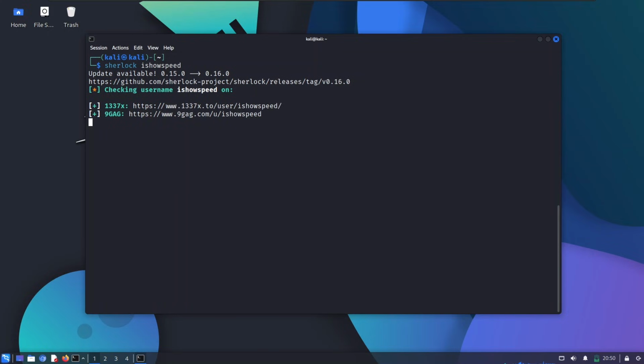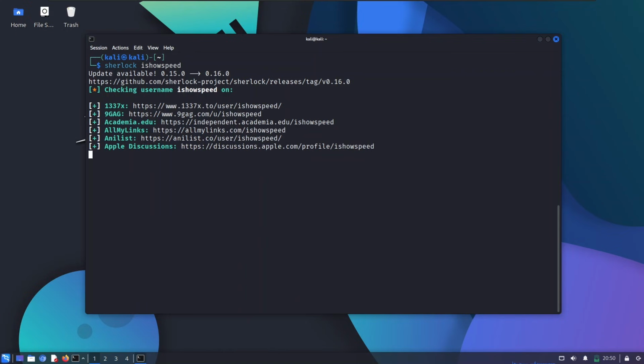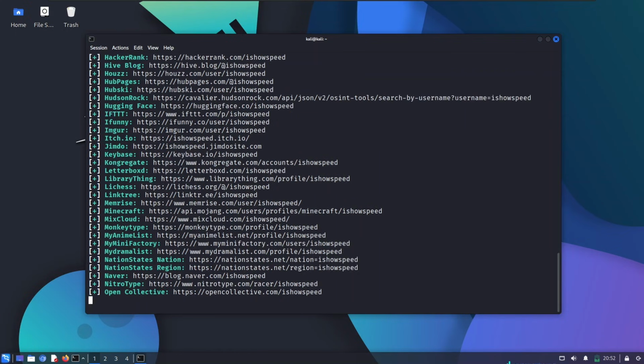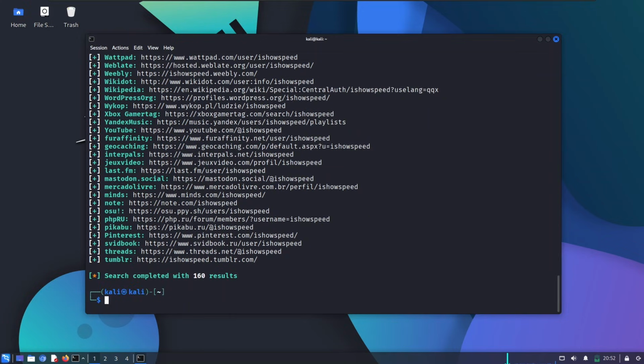And boom, Sherlock starts working its magic. You'll see results starting to pop up in real time as it finds matches across different platforms. When it's done, it's going to give you a summary and then it will be able to save the results